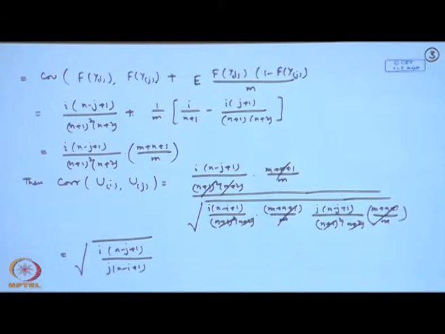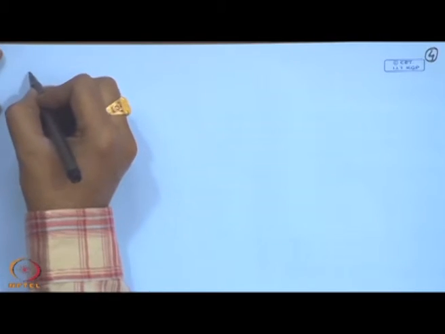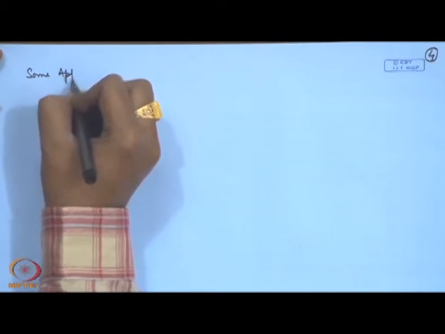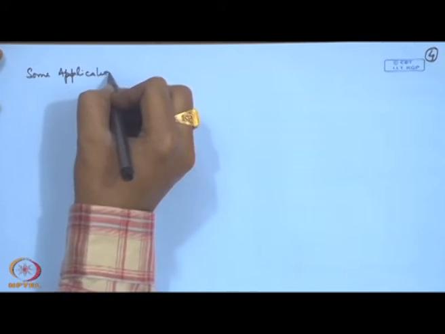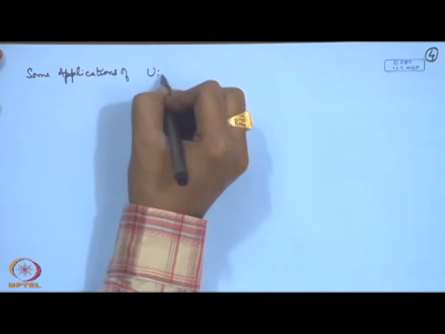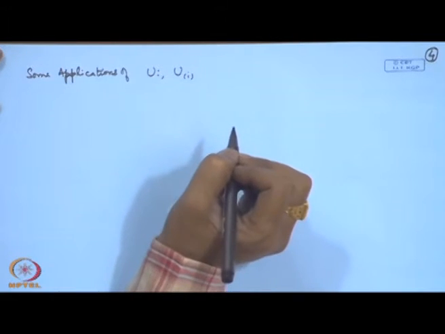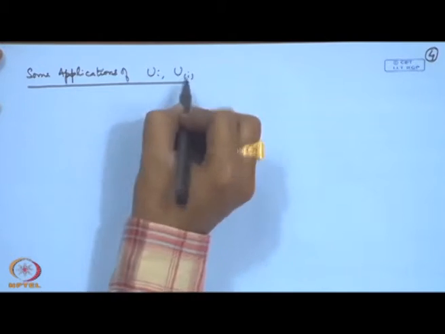So, we are able to completely determine the moment structure of the distributions of u_i and also the joint distributions of u_i, u_j, and we have seen it without the bracket and with the bracket also. Now, we will see the applications of this in certain two sample testing problems. Some applications of these terms.